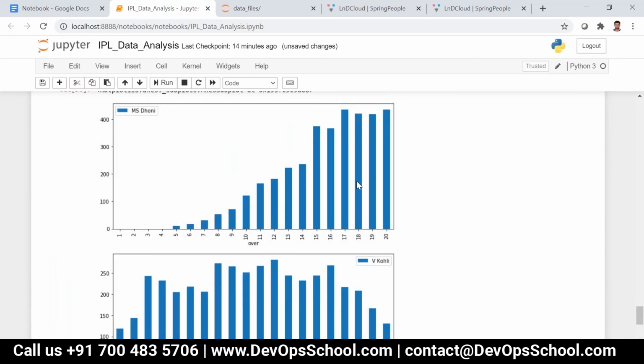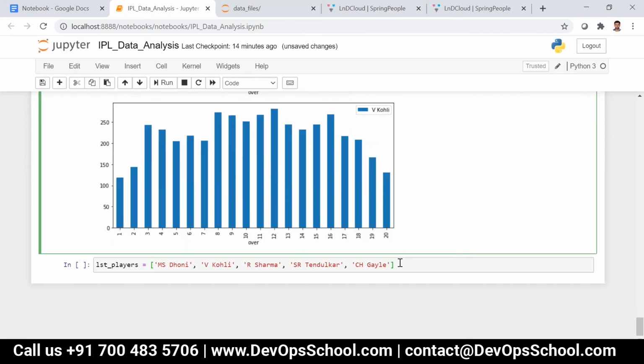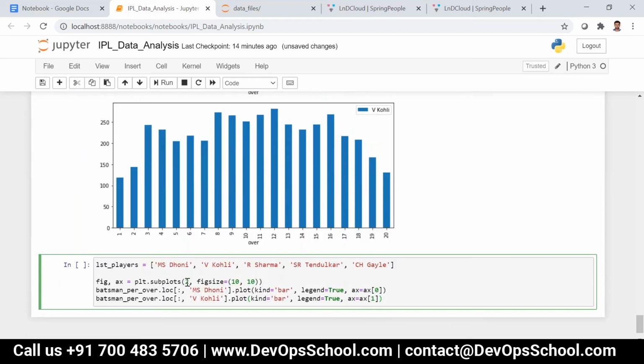So now what I'm going to do, here instead of doing this over here, I can just say len of lst_players. Then here I can give 15 comma 15, something like that.